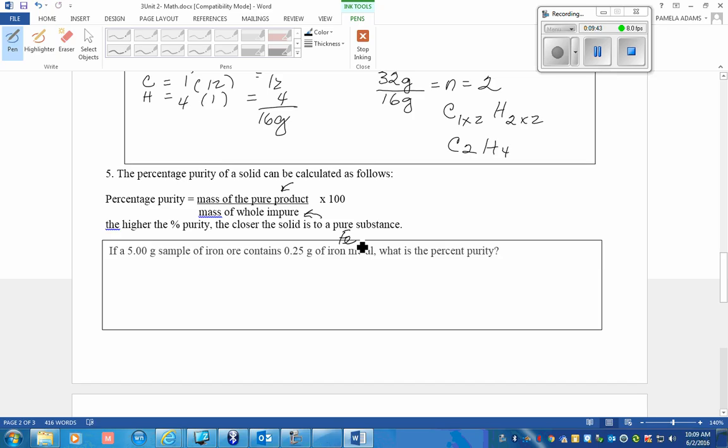The rest are contaminants. What is the percent purity? The percent purity would be equal to the mass of the pure, which is the iron, divided by the mass of the whole ore, which is 5 grams, multiplied